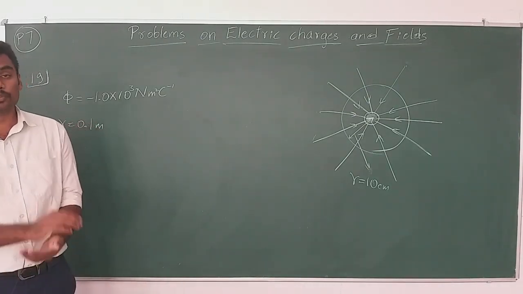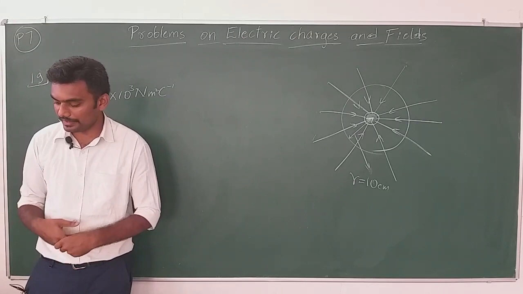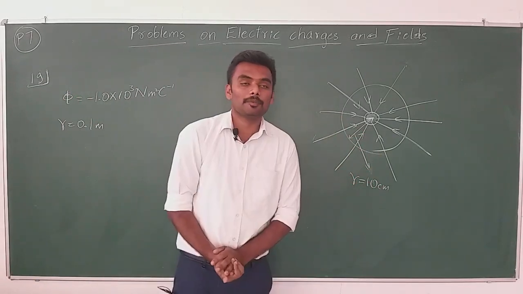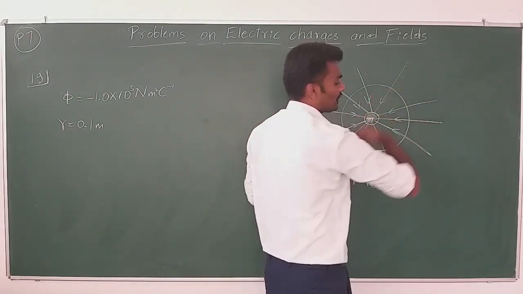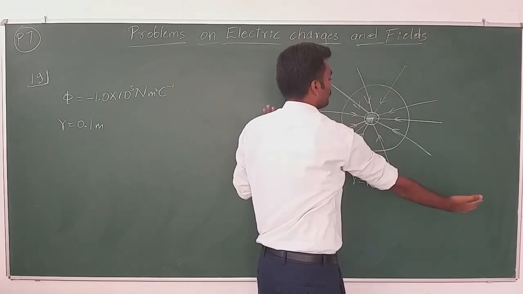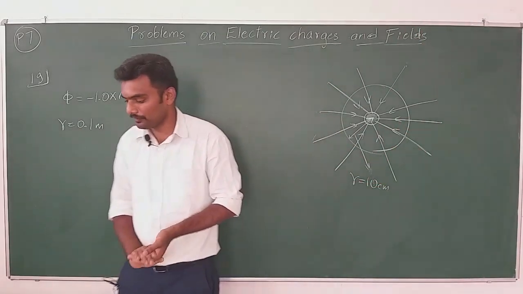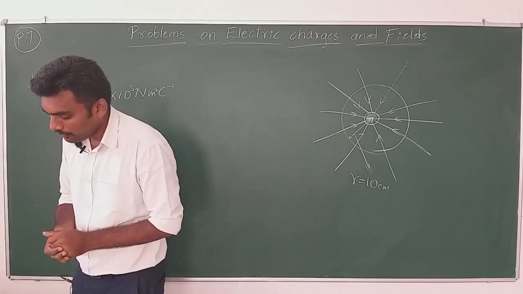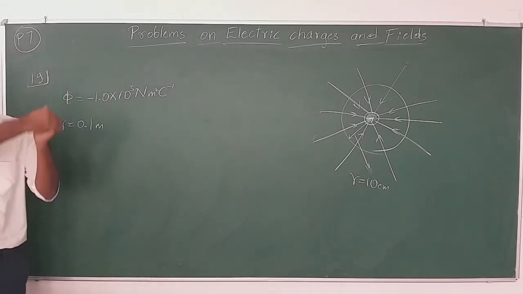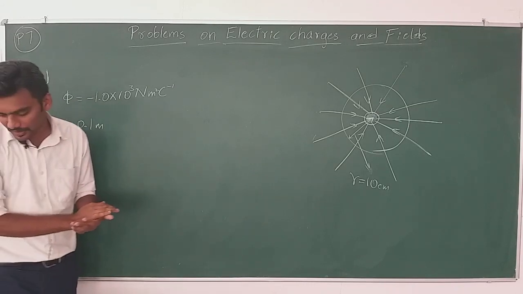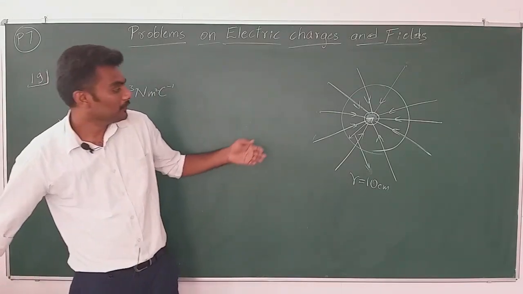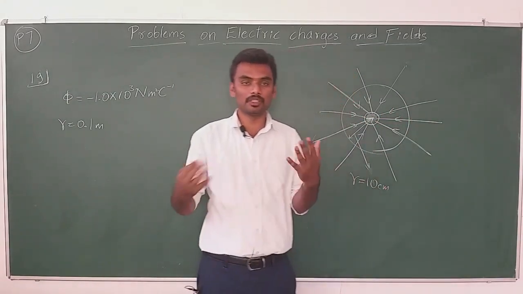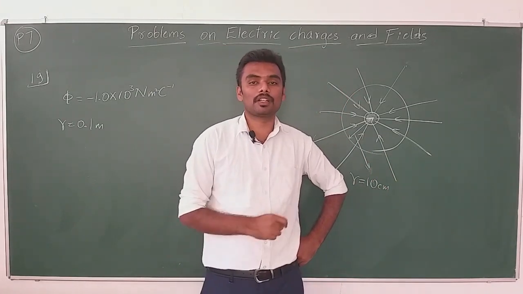Now, there are two questions again. The first question is, if the radius of the Gaussian surface were doubled, means you are actually increasing the size of the Gaussian surface, the radius is doubled. So this big you are making the Gaussian surface. How much flux would pass through the surface? Here what's actually given is the size of the Gaussian surface is increased, doubled in radius. Now, what is the new flux?